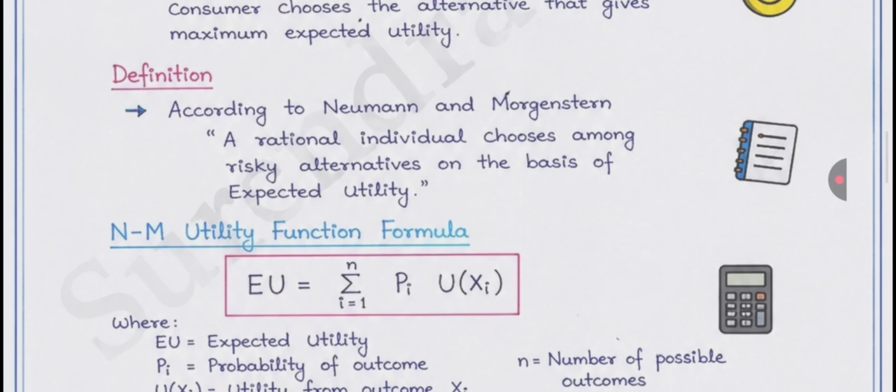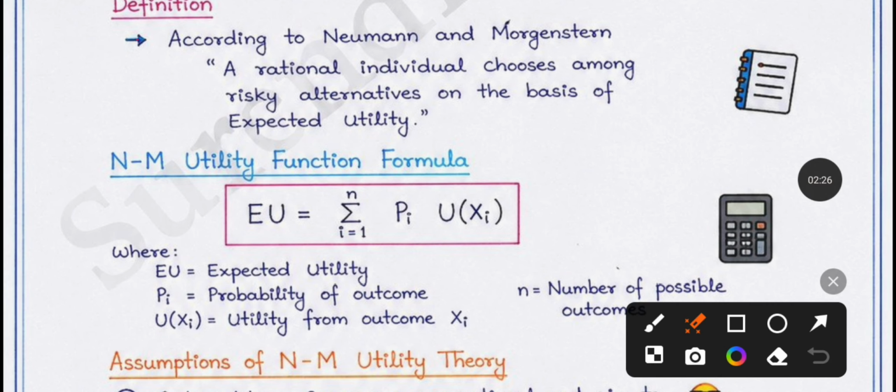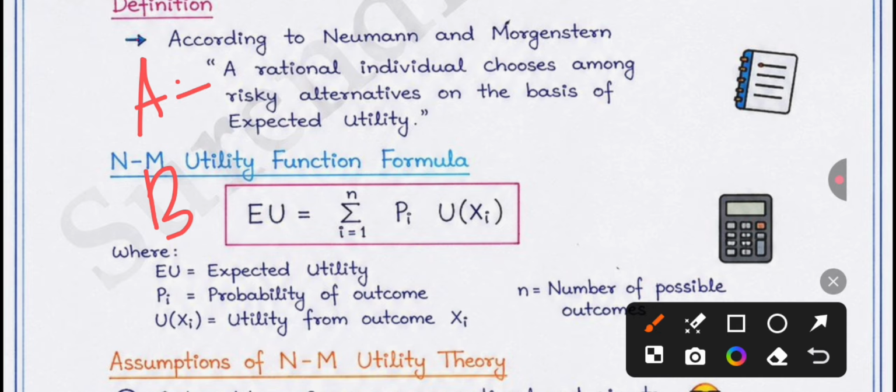For example, suppose you have two options, option A and option B. Option A guarantees 500 rupees, and option B gives 50% chance of winning